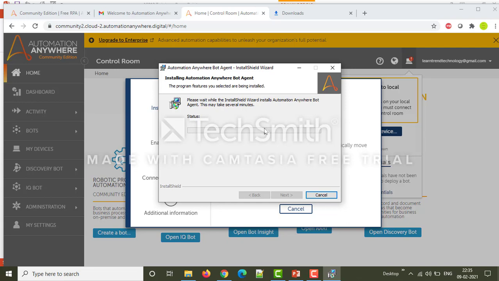This will take some time, so you might think it is not installing. Don't think that way. It will take some time to install.